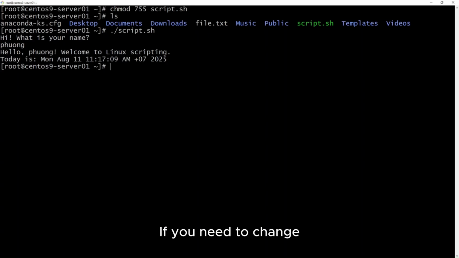If you need to change who owns a file or which group it belongs to, you can use the chown command.